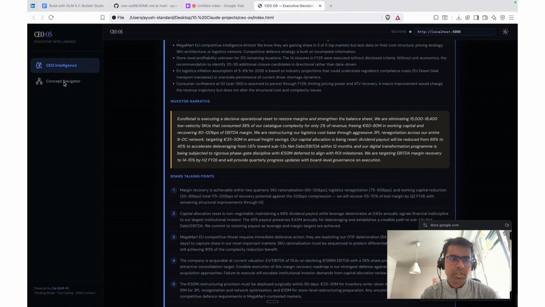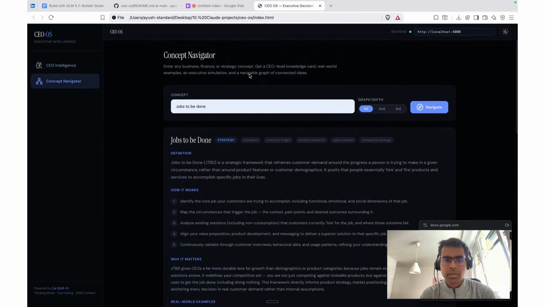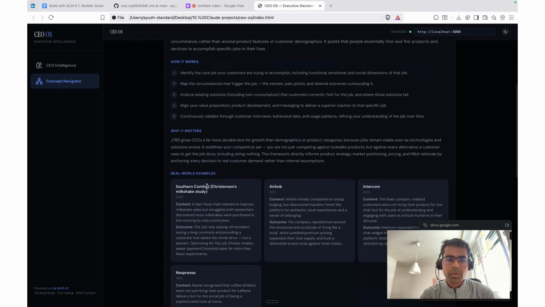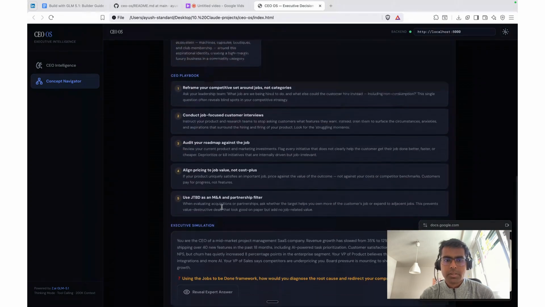So there's also another interesting, cool feature, the concept navigator. So the world is changing very fast. You come across different concepts. So all you need to do is just enter the concept and navigate, and then it is able to break down the entire concept into definition, how it works, why it matters, real world examples and playbook